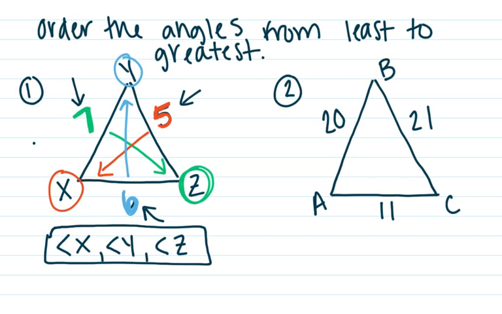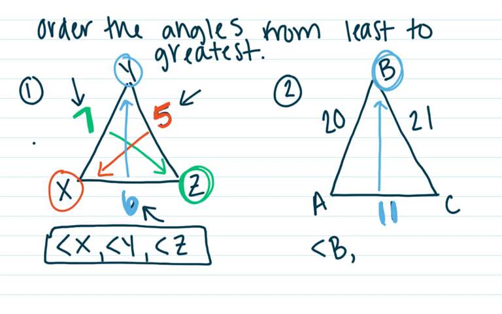I have no angle information on number 2. So again, least to greatest, I'm looking for the shortest side. The shortest side in this triangle is 11. And remember, its corresponding angle is the one across from it, so angle B. Angle B is going to be my smallest angle in this triangle because its corresponding side is the smallest side,